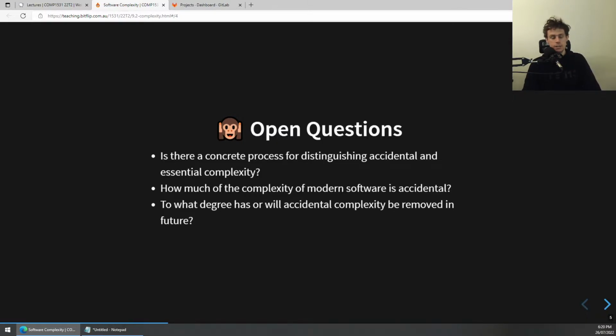These are really interesting questions. To an extent, yes, but again, most of them are correlative, not causative. It's very hard to fundamentally say, hey, this piece of software is complex, and it is accidentally complex. There are definitely ways to look at the complexity of software. You can look at the number of files, or how those files are interconnected, or how big functions are. There are a lot of these leading indicators you can look at, but they don't always tell you what is essentially complex and what is accidentally complex,